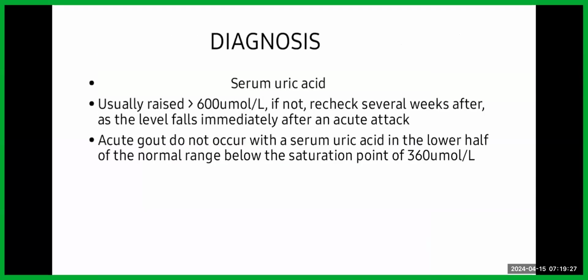As I said, there are other things like lead toxicity and hypothyroidism, and the list is not exhaustive, just to give an idea. So how do we diagnose? We said diagnosis could be clinical, as we see from the ACR criteria. You may need some lab support, you may need some imaging support. For the lab, usually you need to check the uric acid. In most cases, it's more than 600 micromoles per liter.